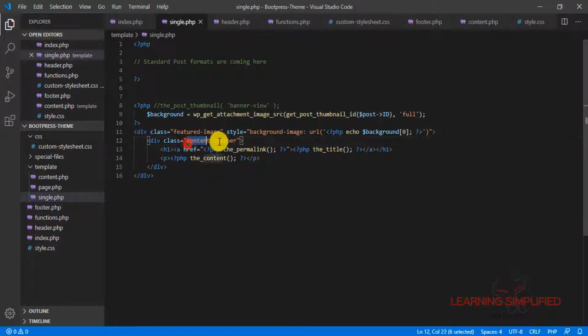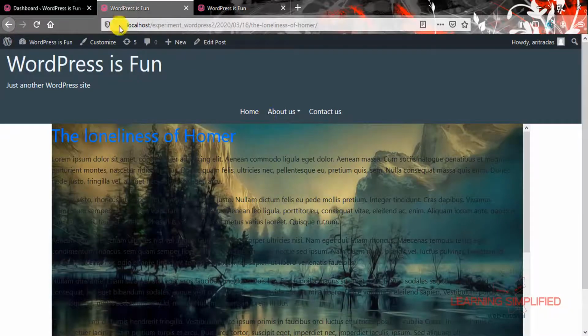So we are using another class of content wrapper, or simply overlay wrapper, whatever we wish. All we are going to do is copy this class name from here. Let's see, is there any change? So far there's no change.